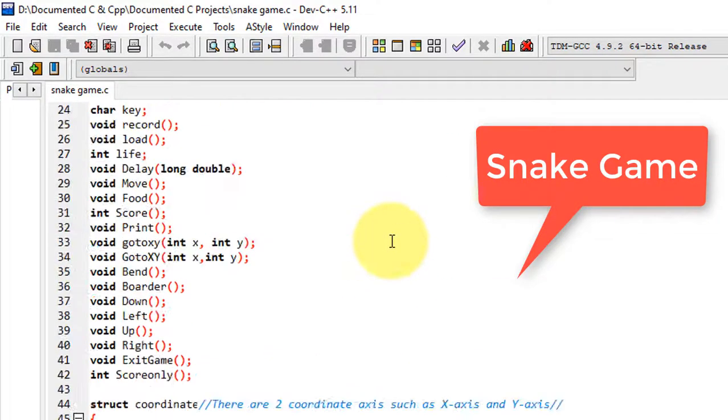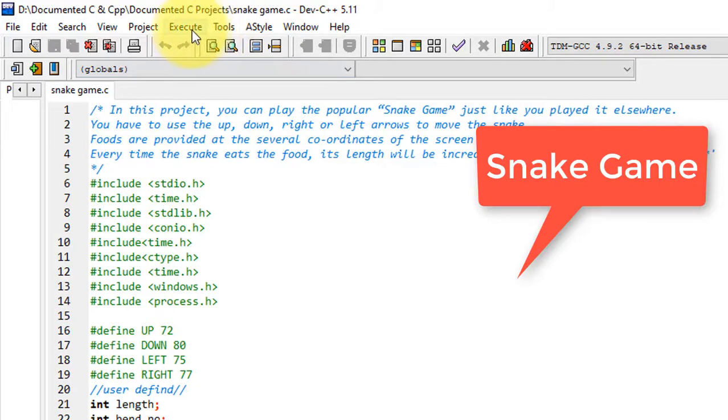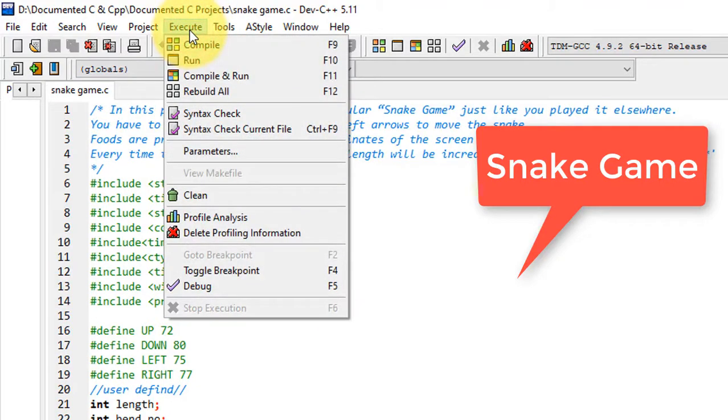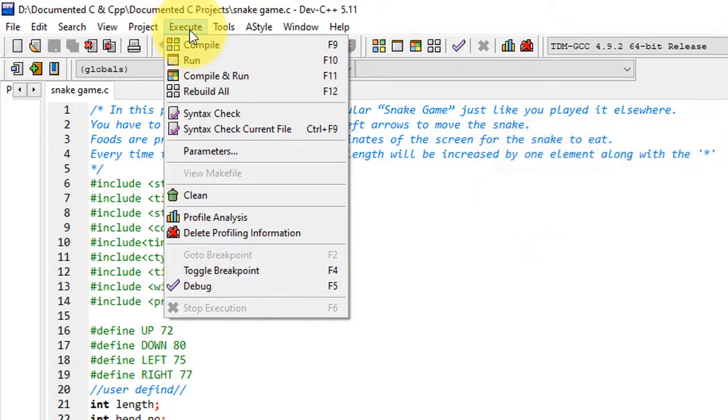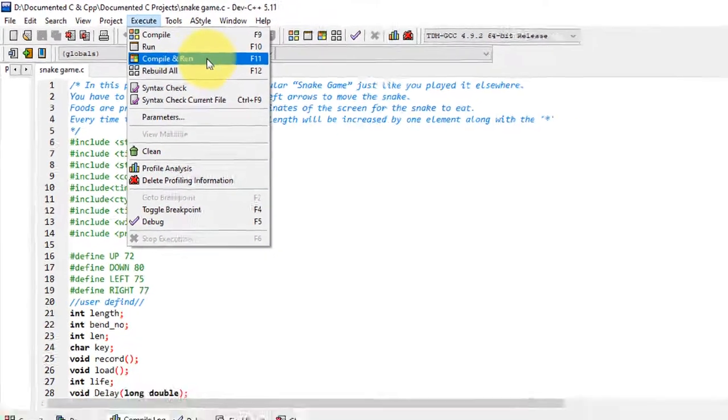So let's start the game. Guys, here I'm using the Dev C++ compiler. If you don't have this on your system, you can download it from the link that I have given in the video description. It's very easy and simple to download and install. I hope you can do it, or you can take assistance from any Google search. After this is done, now click on compile and run.